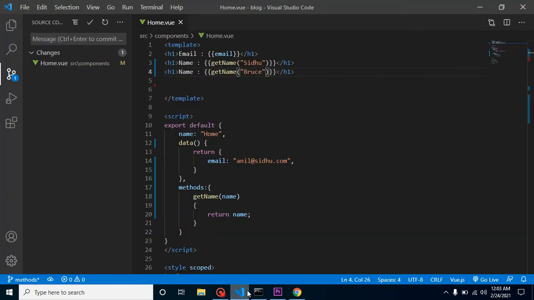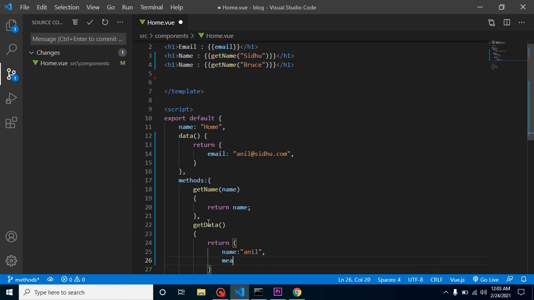All right, so how can we define a second method also? For that you just need to use another method like getData or something, and let's say inside this function I am returning an object. So I'm putting two keys here, which are name and email address.